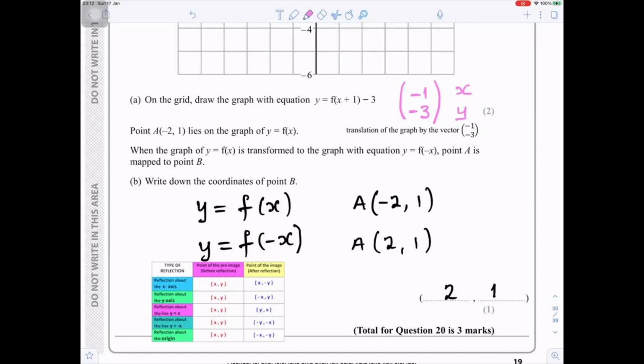So what we're doing here is we start with f of x, where the x is positive, and it goes to f of minus x, where the x is negative. So what's that new coordinate? What is going to be the change on this point A? So it's important to think of what's going to